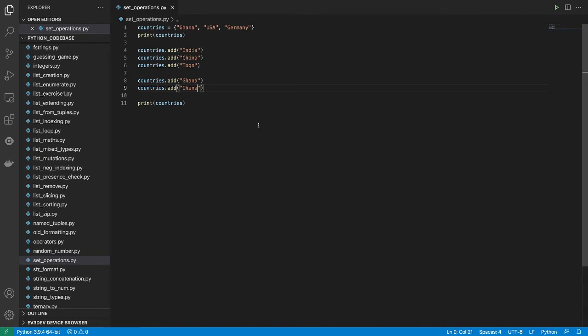So we had these countries. What I'm going to do is say other countries is equal to, and over here I'm creating a list. So I'll say India, I'm going to add China, I'm going to add Kuwait, I'm going to add Qatar, I'm going to add Togo, and I'm going to add Belgium. So let's say these are other countries that have qualified for the tournament and we want to add them to